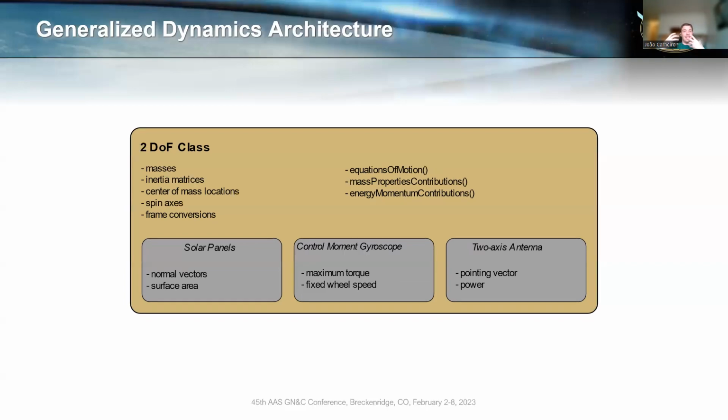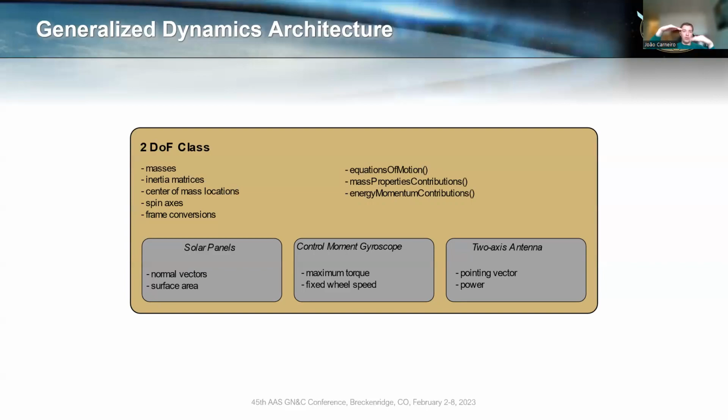We can actually do the exact same thing for a 2 degree of freedom system. So this would represent, instead of one body rotating about a single axis, 2 bodies rotating about their own axis, right? Again, we have masses, inertias, all of that. We also have shared equations of motion for these types of components, mass property contributions, and the energy momentum contributions as well. And again, we have this shared class that we can then inherit from,